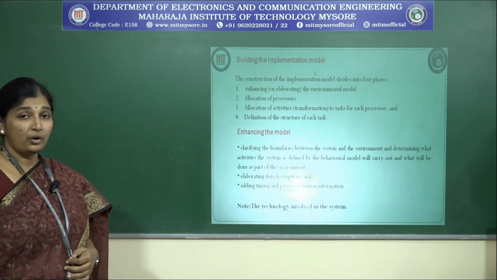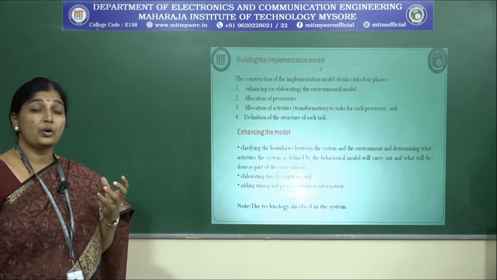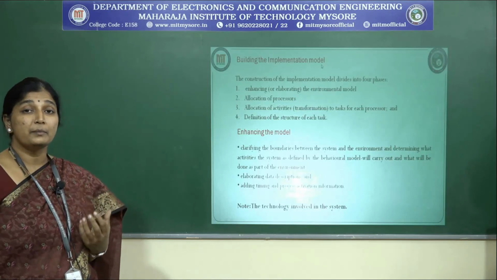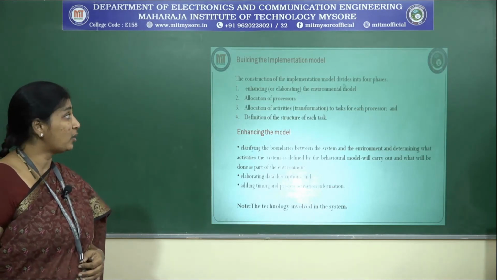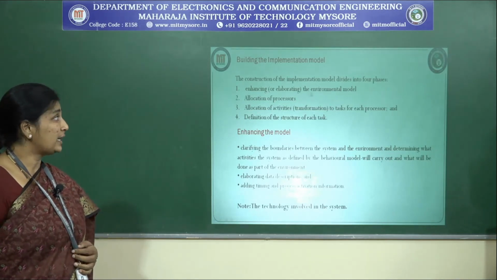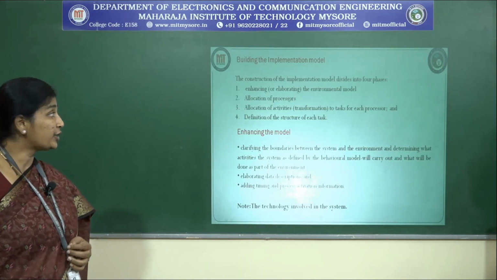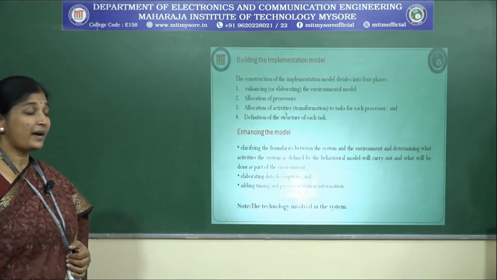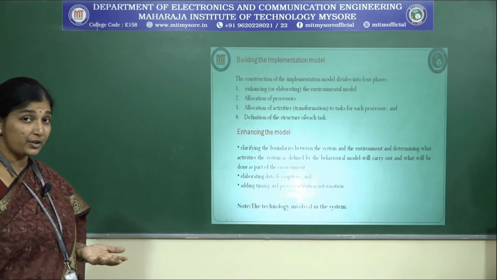So, building the implementation model. Once you are done with the essential model, next is the implementation model. So based on the essential model, you are trying to build up the implementation model. The construction of the implementation model divides into 4 phases. The first is enhancing or elaborating the environmental model. So you are going to elaborate on the environmental model. Then you have allocation of the processes, what are the different kinds of processes that have to be added on. Allocation of activities, the list of activities that have to be carried out in the subsection, the complete transformations,